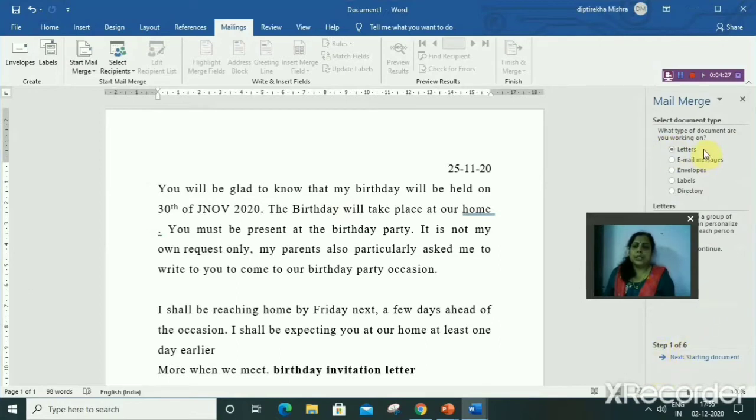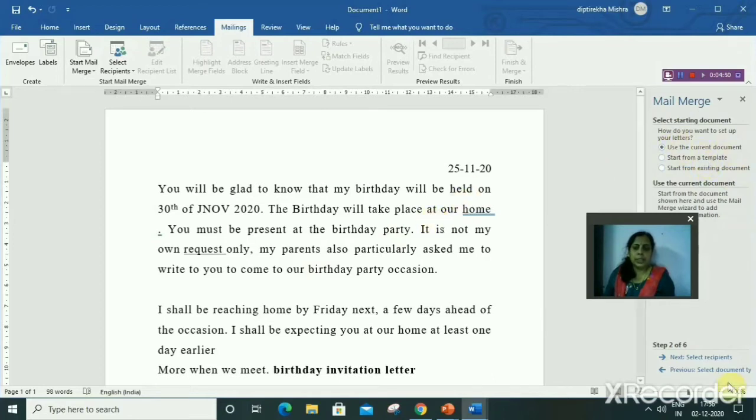In the first step you have to select letter, and after that starting document. Then it will ask how you want to set up your letter. Use the current document, or you can choose from any existing document, or you can create it from a template. I am using the current document as my letter.